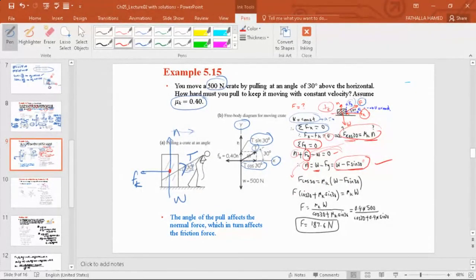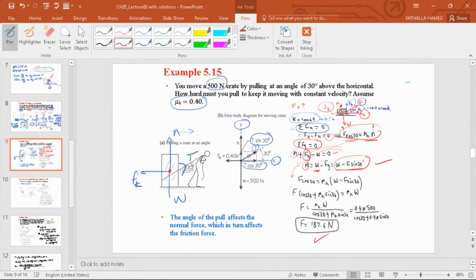So you will have F multiplied by cosine 30 plus mu k sine 30 equals mu k times the weight. So the F now will equal the mu k times the weight divided by cosine 30 plus mu k sine 30 degrees. The mu k is 0.4, weight is 500, cosine 30 plus 0.4 sine 30, and this gives you